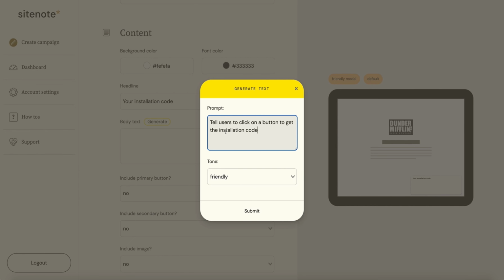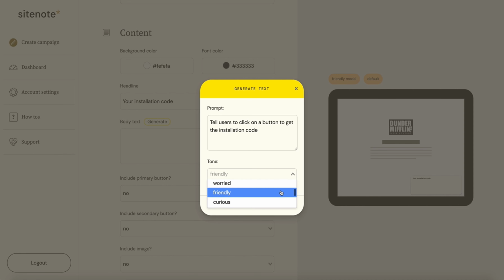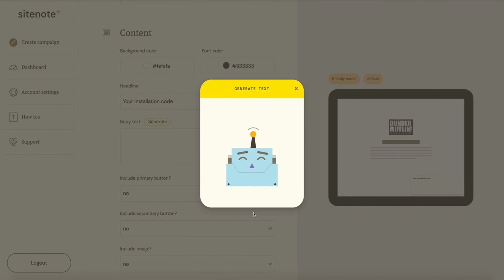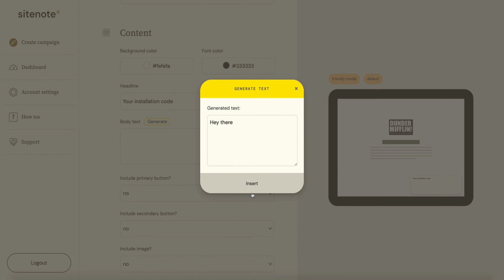And now we would select the tone of our message. We would go with friendly, and then we would hit submit. Now we're letting AI do its magic, and here we have a body message rendered by the AI. We like it, so we would hit on insert,